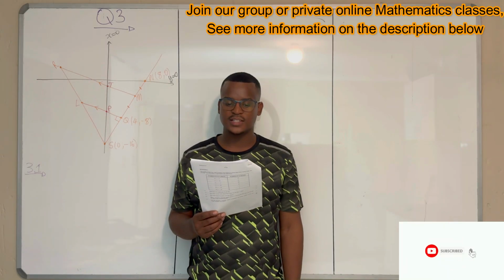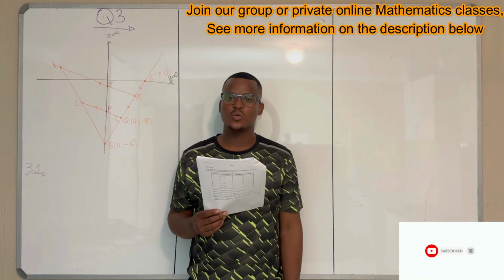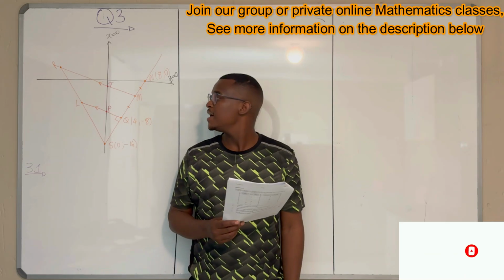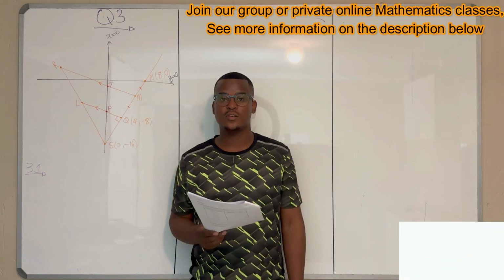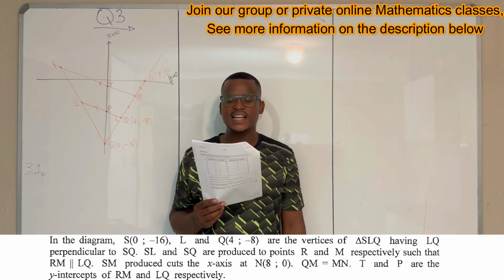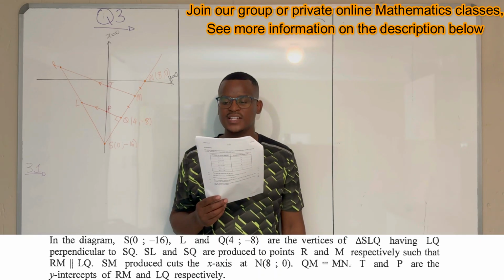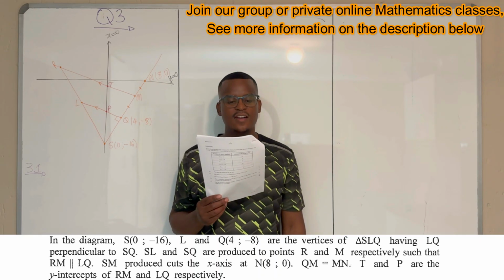So in this video, we're doing question 3 of May, June 2021, question paper mathematics paper 2. And the topic is analytical geometry, as you can see over here. So let's go. They are saying in the diagram, S, L, and Q are vertices of triangle SLQ, having LQ